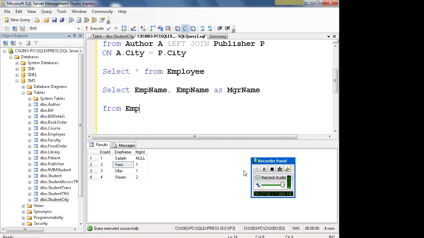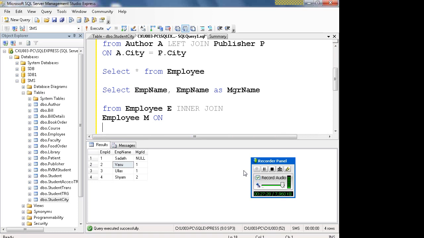From employee table E. And then I say inner join; there is no word like self join. This is the second time you are doing SQL and you are saying self join. Employee M